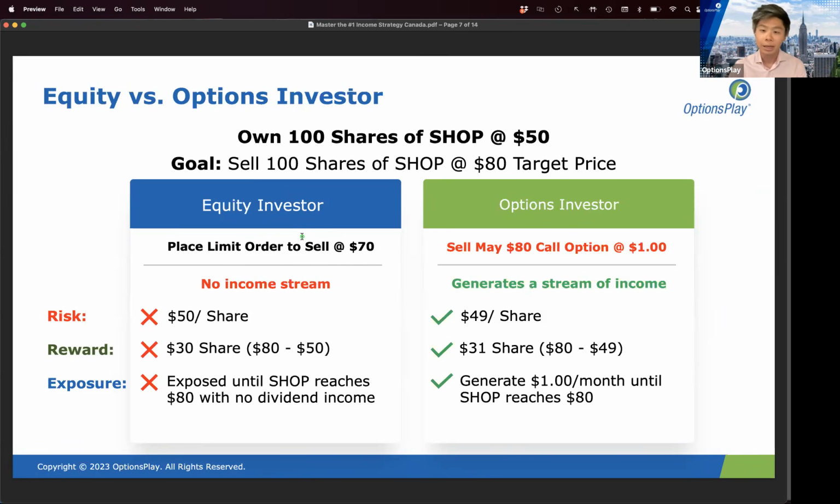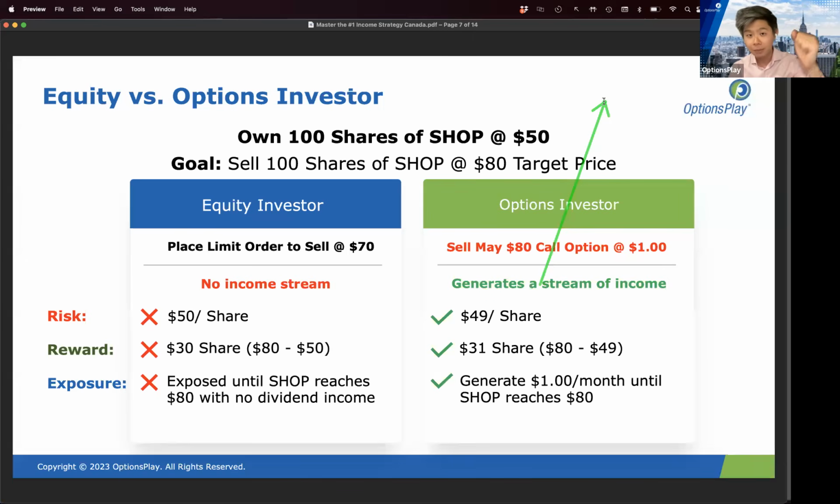On the option side, if the stock reaches your $80 price before expiration, well, guess what? The order will likely not get filled, or likely you will not take on the obligation of selling your stock at $80. Generally speaking, the stock has to be above $80 at expiration in order for the call buyer to execute their right to buy the stock, subsequently forcing you to sell the stock to them at $80. So there's one very distinct difference.